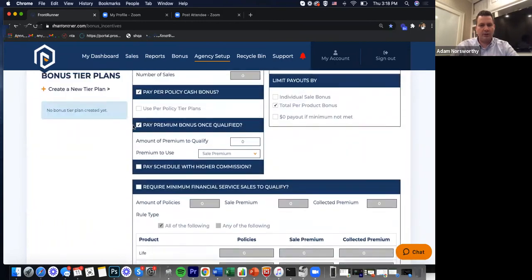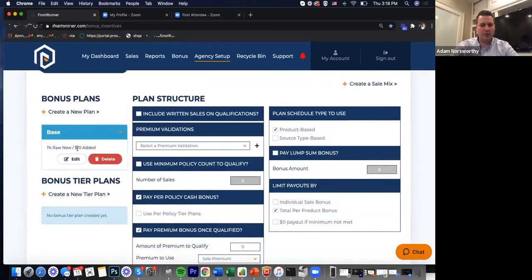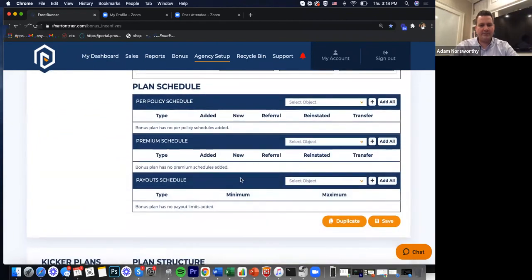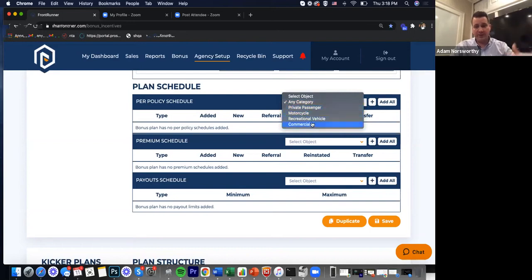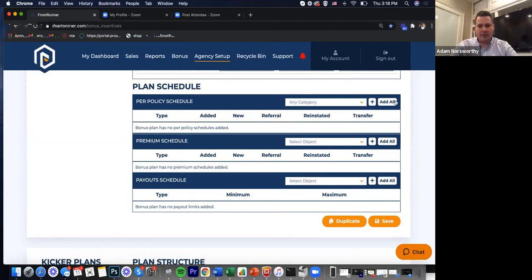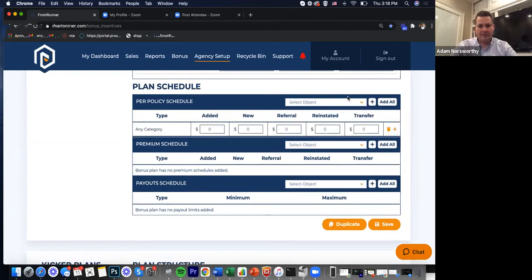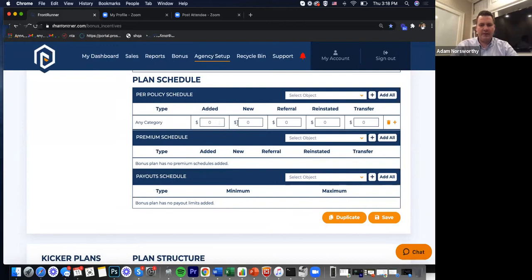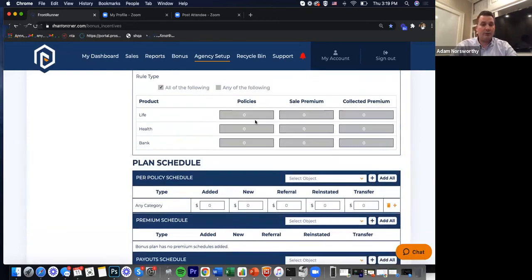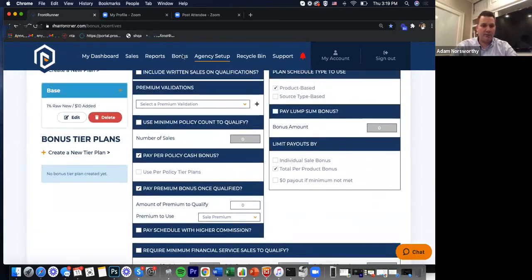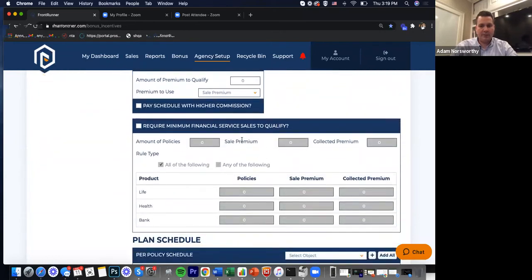Okay, plan schedule, here we go. So I'm going to pay 1% on raw new and $10 added. So it's as easy as this. So here's my per policy schedule. I want to pick something to pay, and we'll just do any category. You know, if you pay different for your different policy types, you can select any of those, or you can hit add all. But right now we're going to do any category and hit that plus button. Perfect. Now you see it's asking us for a dollar amount per business type. All right. So right now we're just paying $10 per added policy, which is going to be right there. And we're going to pop it right here